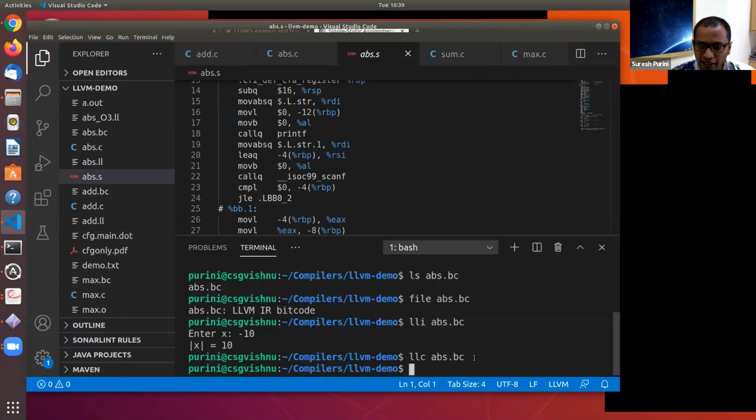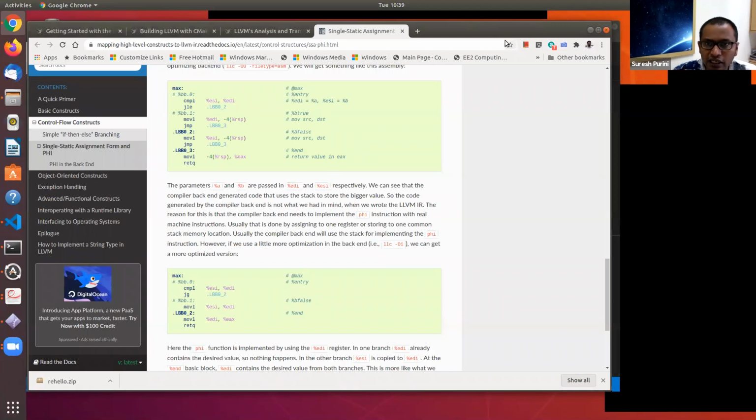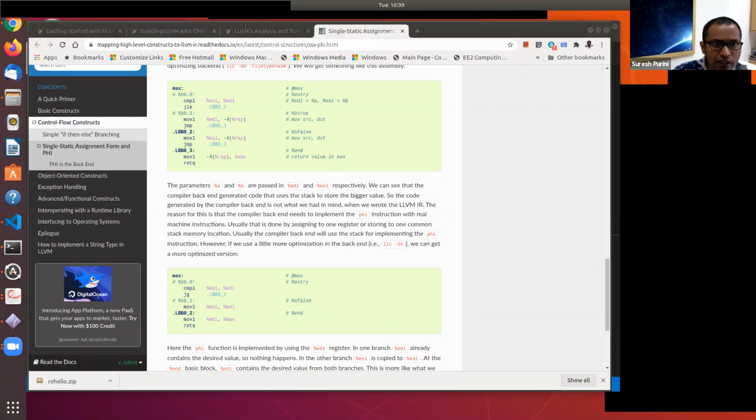And there is another tool called OPT, which can take abs.bc. We will visit this in some time, but since we are here, let's say you go to the LLVM,